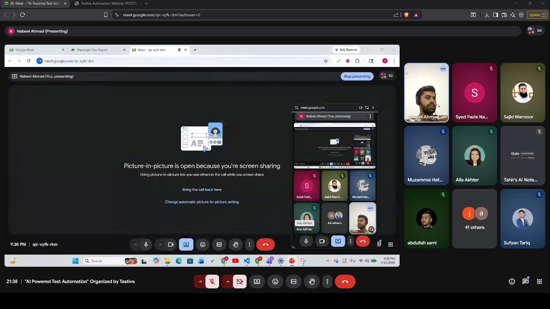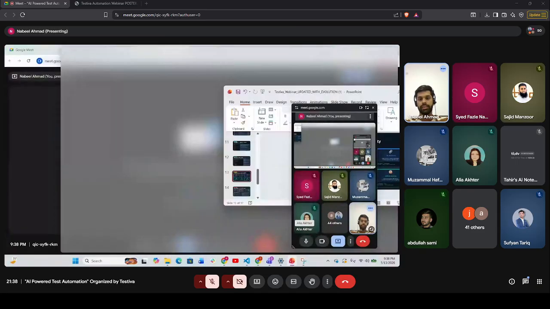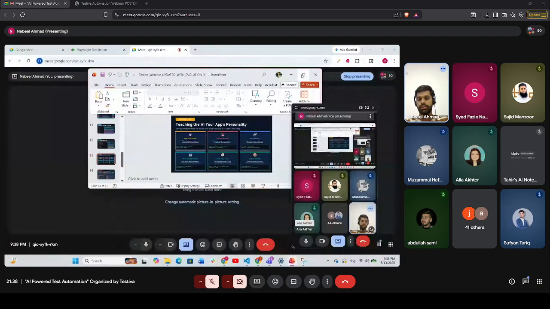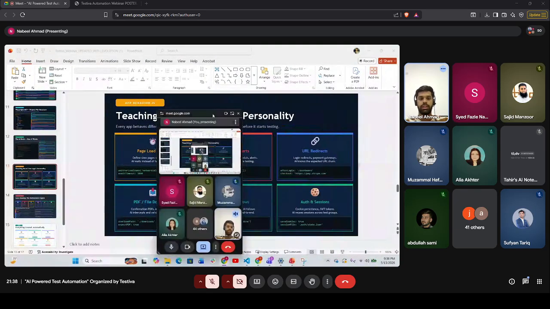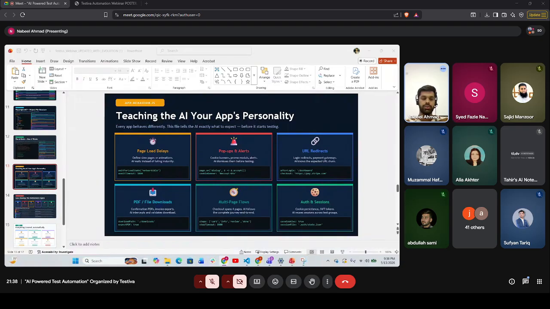This will be the process of how you teach your AI agent that your app behaves like this. It reloads, it downloads files like PDFs, or it navigates to other website URLs.